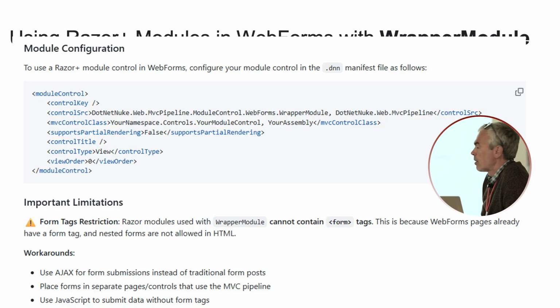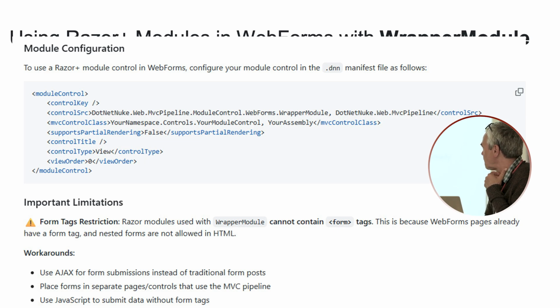So it will work a little bit like the actual host Razor module. It just renders the control in web forms, and that's what you spoke about in the beginning. So you can have, in reality, a module that runs in the two pipelines,